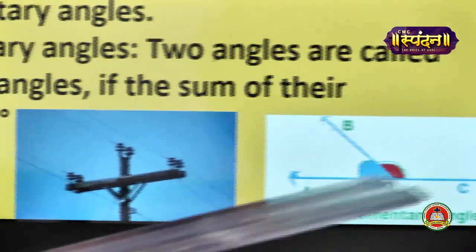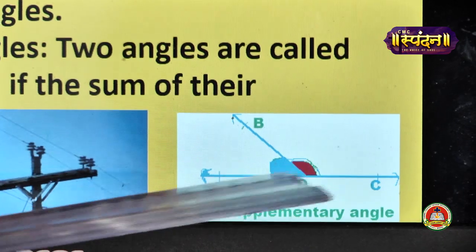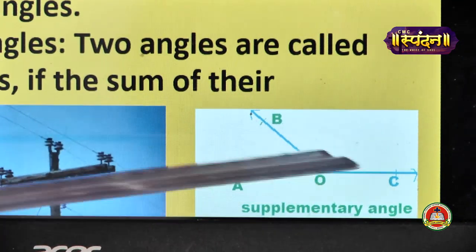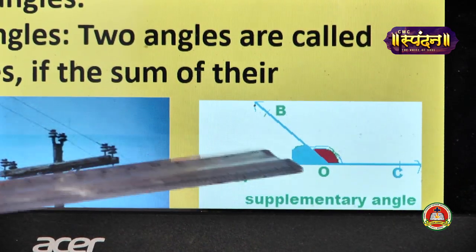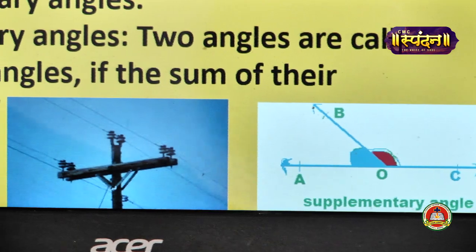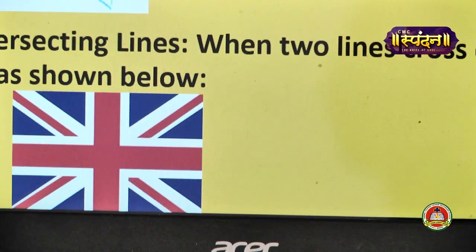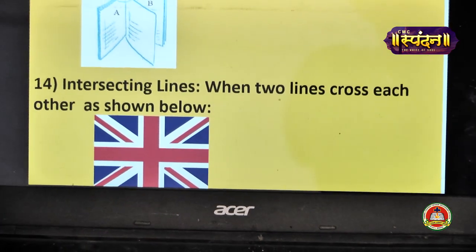Here also you are able to observe, I have shown it through a PowerPoint drawing, where the sum of two different colors are shown, the red color and green color. Together these two shades give you the angle of 180 degree. Next, adjacent angles. Two angles are called adjacent angles if they have a common vertex.